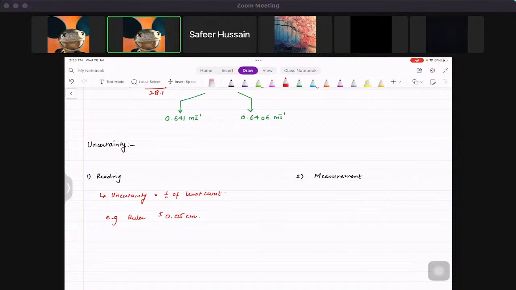Now, the uncertainty when you're taking a measurement would be equal to the least count itself. Now, this is the thing, right? So, for example, on a ruler, the uncertainty would be 0.1 centimeter, plus and minus. Plus minus means that it could be greater or smaller, so we're giving a range. Okay, now